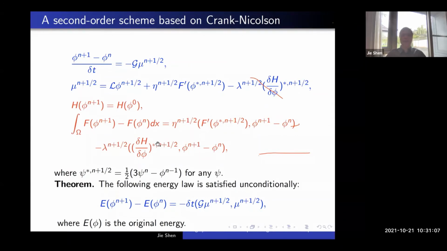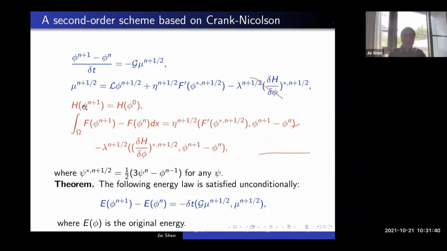So this is the second order Crank-Nicolson scheme, and you can prove easily, just like before, that the energy law is satisfied unconditionally. And this time, you actually get the exact energy, not a modified energy. You get the exact energy conservation or dissipation. So this is very nice, but